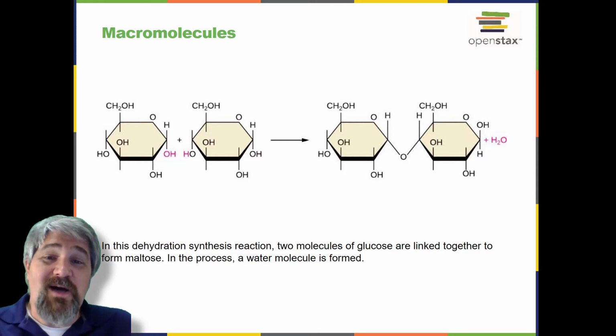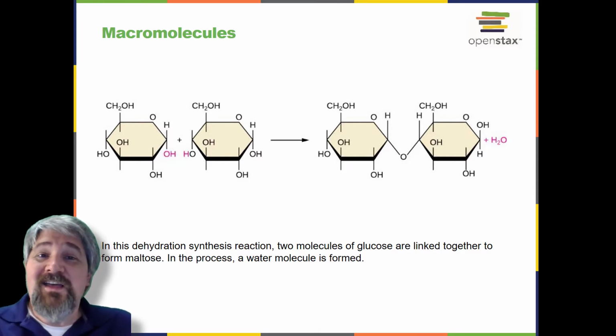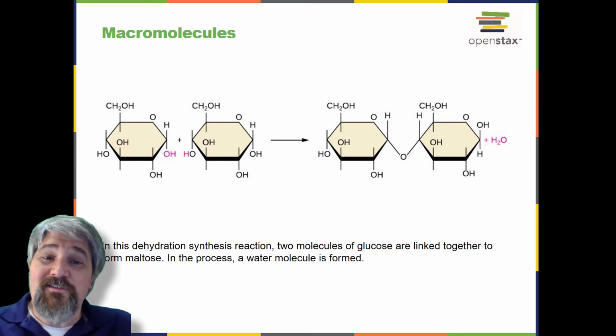Of the many possible ways that monomers may be combined to yield polymers, one common approach encountered in the formation of biological macromolecules is dehydration synthesis. In this chemical reaction, monomer molecules bind end to end in a process that results in the formation of water molecules as a byproduct.